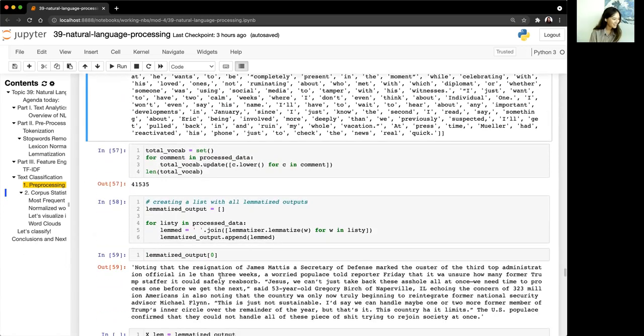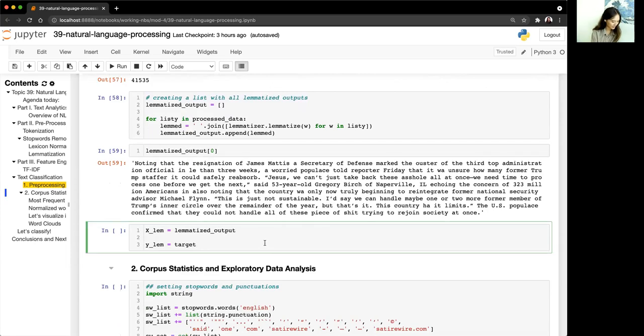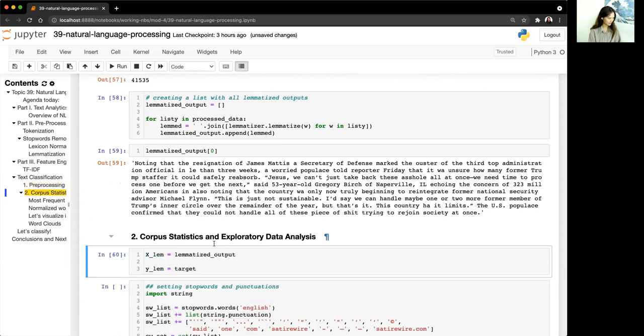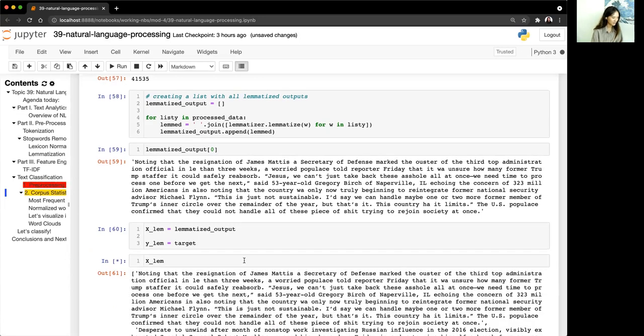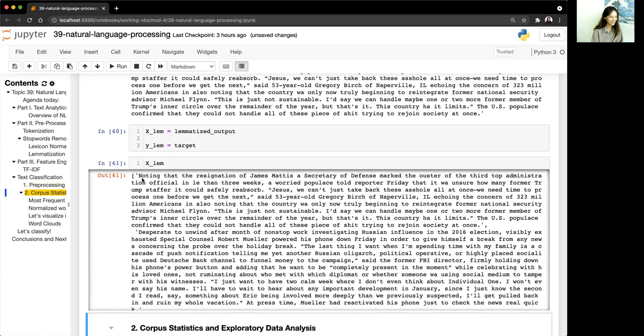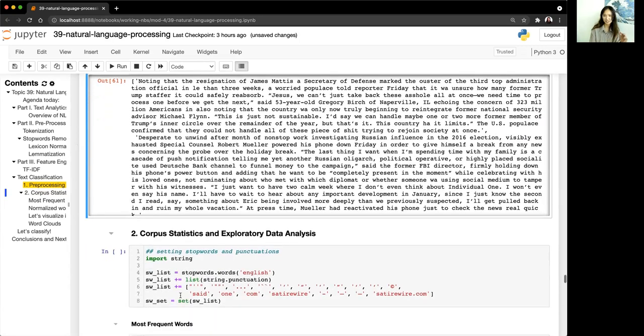All right, so now that we have this lemmatized output, we're going to take a look at it. So we take a look at xlem. Oh my gosh, did I delete that? Okay. So we have our xlem, which I want to put over here. I should have printed it out, but basically it's a list of long strings. And this is the format that it needs to be to go into your vectorizer. And you notice that I haven't taken out stop words yet. I'll show you all where I do that later. But first, let's do some overall EDA.